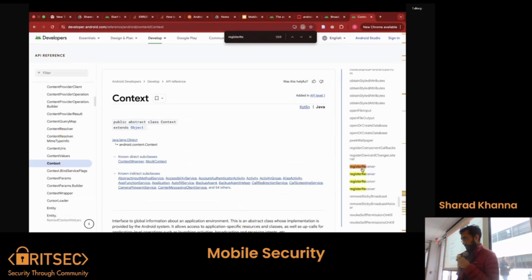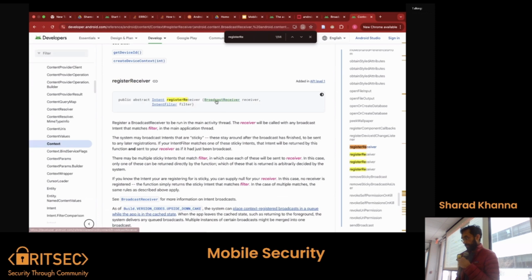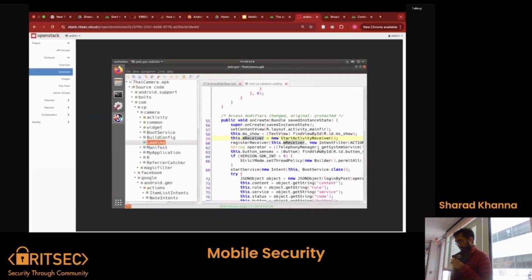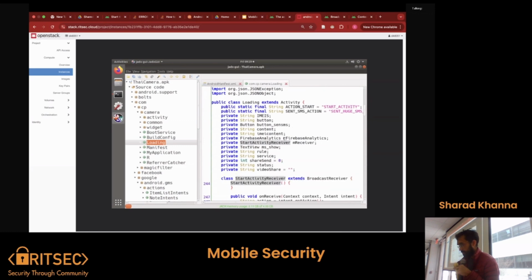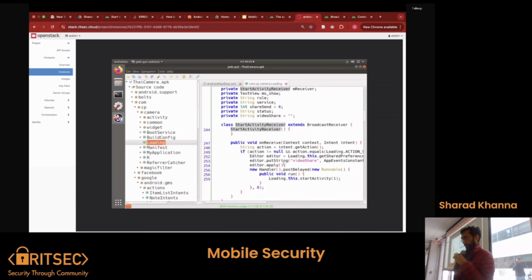So we call register receiver here. We call our broadcast, that's our broadcast receiver right there. So our M receiver is going to be, what is activity receiver? Where is activity receiver declared? I'm confused. Oh, activity receiver is right here. Okay. So